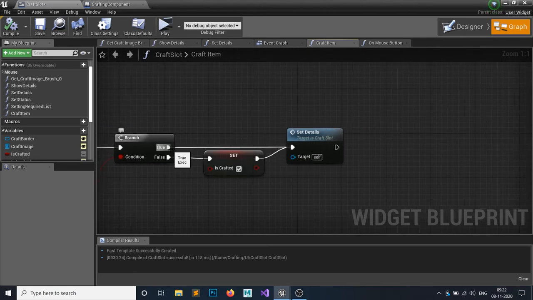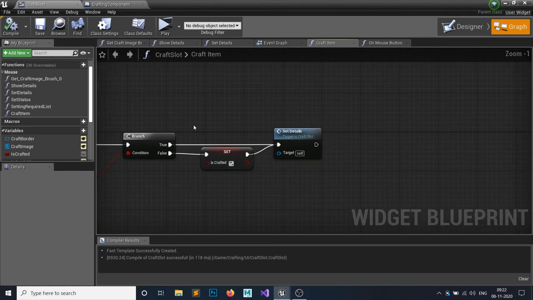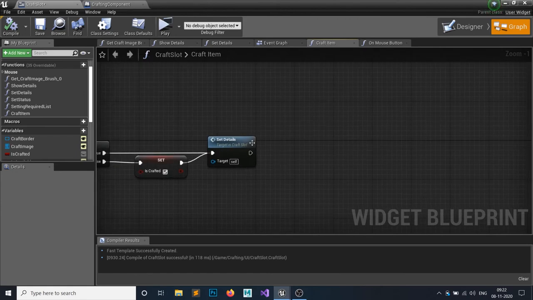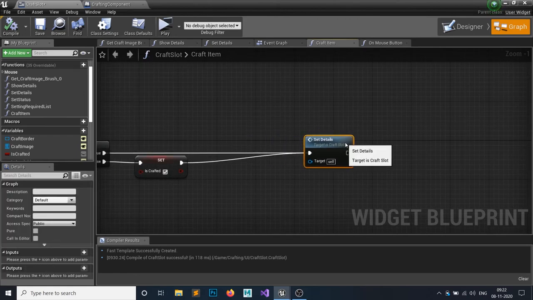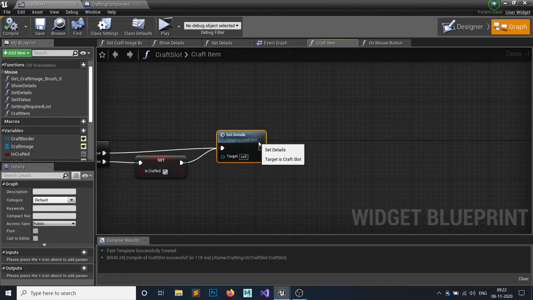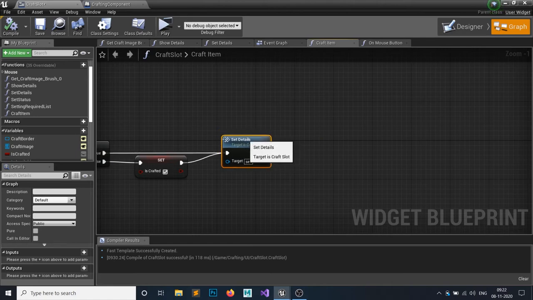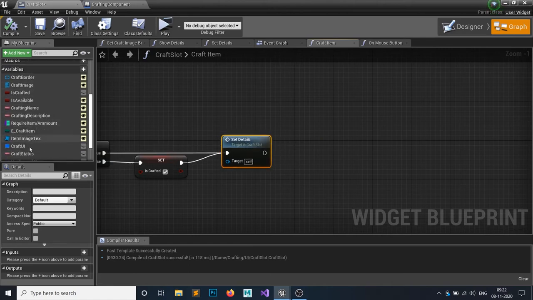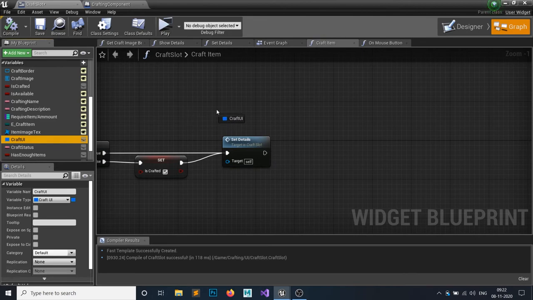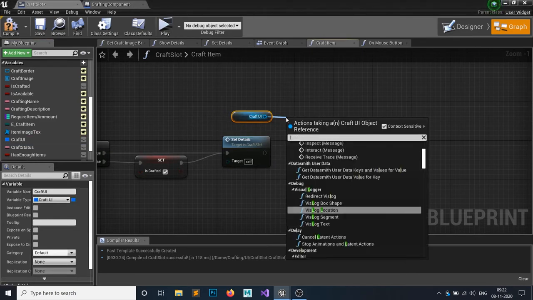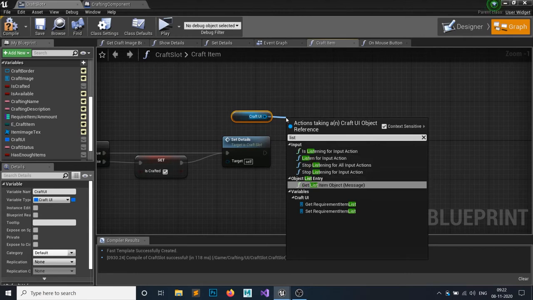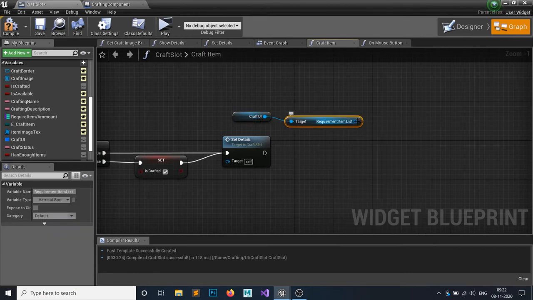If it's true, then I want to remove those items. So grab your craft UI. From the craft UI, get the requirement list and simply clear the children.